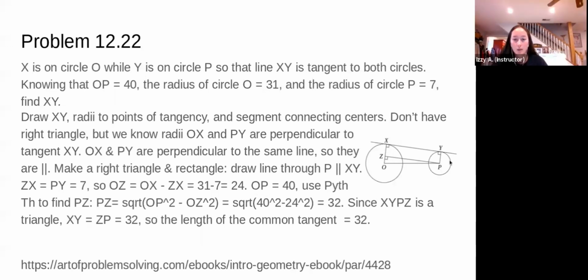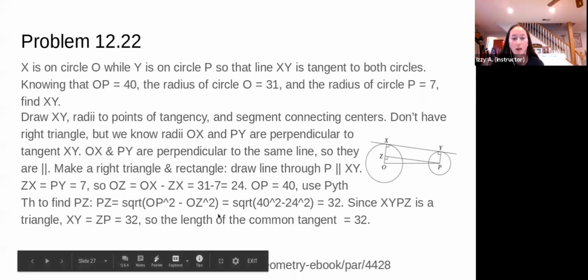So then OP would be equal to 40, and you would use the Pythagorean theorem to find PZ. So then the equation that you would get would be PZ is equal to the square root of OP squared minus OZ squared, and you would plug in numbers, so you get 40 squared minus 24 squared,